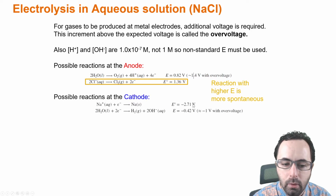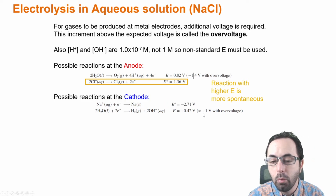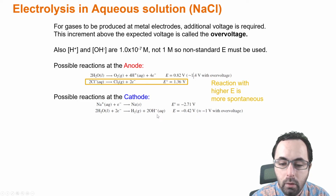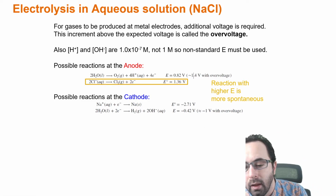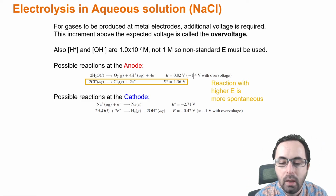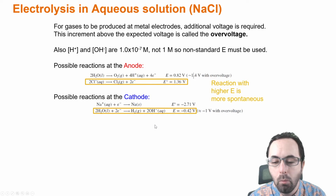Now at the cathode, there are two possible reactions. Again, here we can have the reduction of sodium as we did with the molten sodium chloride. That has an E standard of negative 2.71 volts, very non-spontaneous under standard conditions. Under the non-standard conditions for water, its reduction would have an E standard of negative 0.42 volts with a negative 1 volt overvoltage. And so here it would be the water reduction that would be more spontaneous because